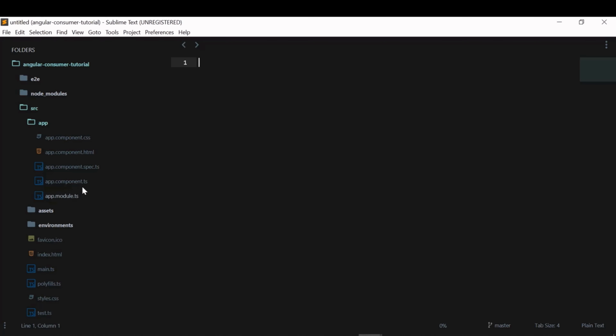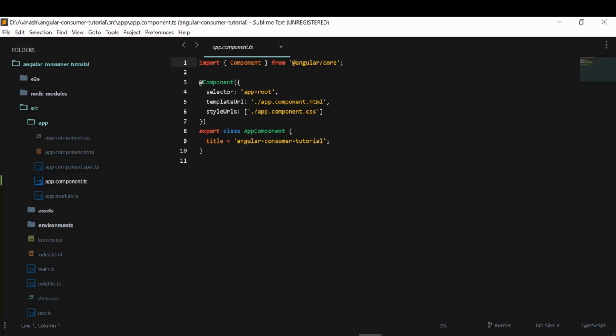By default, this app.component.ts will be called. Here, this is the HTML file, this is the CSS file, and here we will write the logic for calling the API and getting the details. First, we need to authenticate with the API, get the sign-in details, get the access token, and then use the access token to get the user details. For that, first I need to create a service which connects to the API, and then I can subscribe to the service so that I can get the results and communicate with that API.